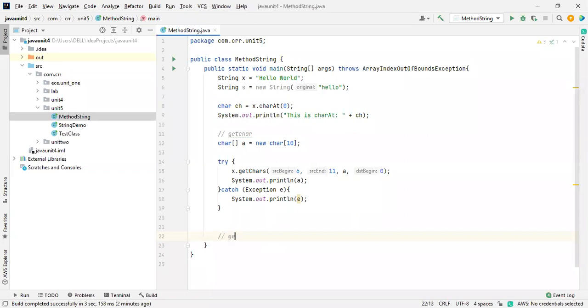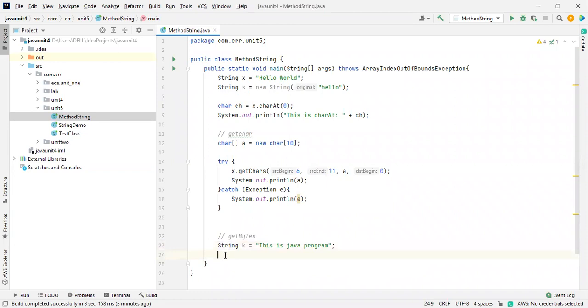Now I'm going to take getBytes. So here, how are we going to do that? Initially, I'm going to take one more string. I'm not going to consider this one. So like k is equal to, inside this, "is a Java program." Okay. This is a Java program. This is a string value inside a k variable. This is just a variable having the type of string over here.